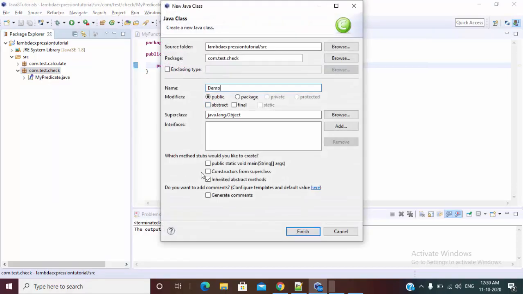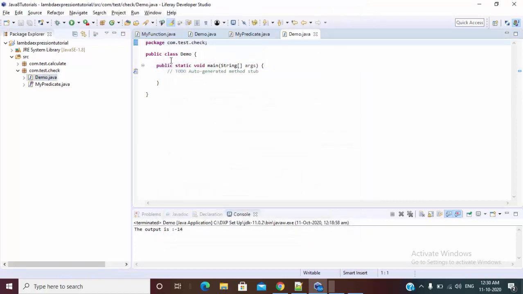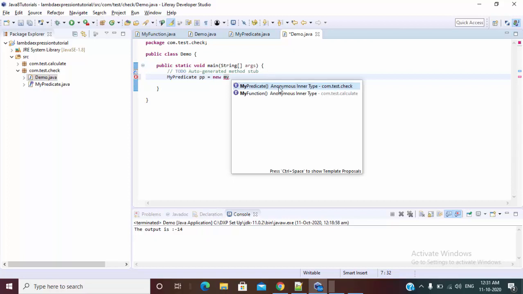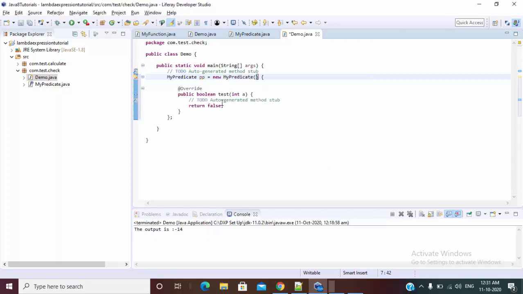Which contains the main method. First, try with an anonymous inner class. My predicate pp. Okay.